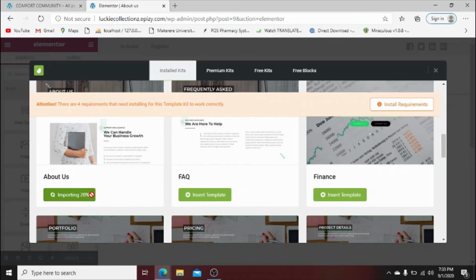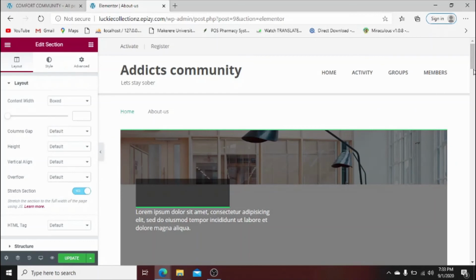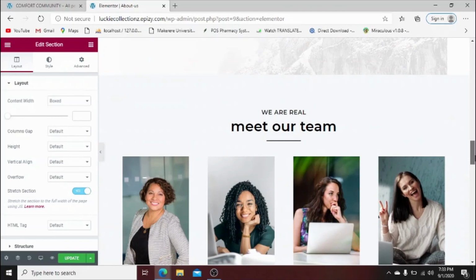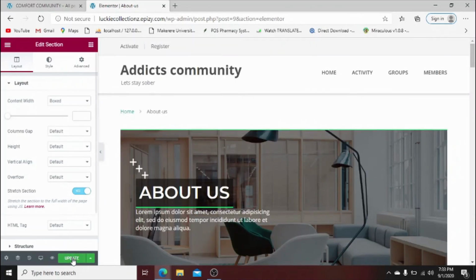Since importing, so basically you can edit this if you want, basing on what you do, what your community is, sorry. So I'll just leave it like that. Update, go back up, import for the